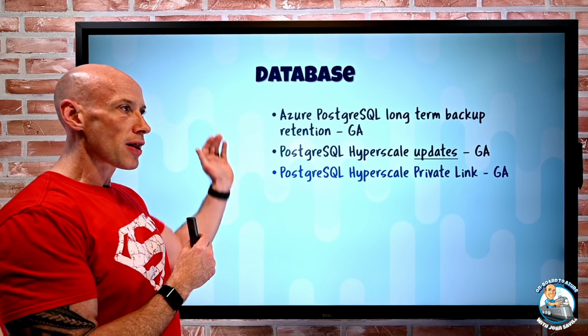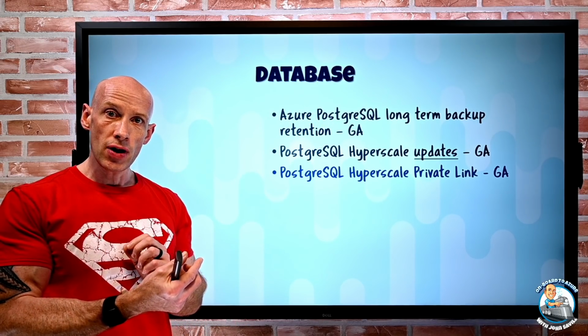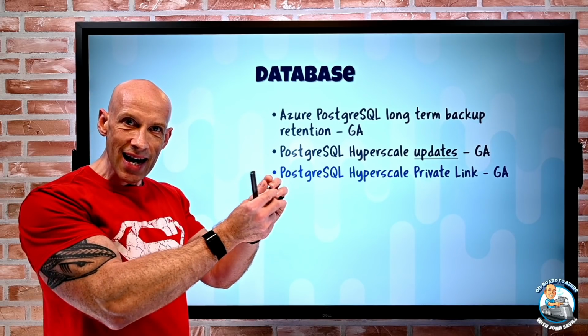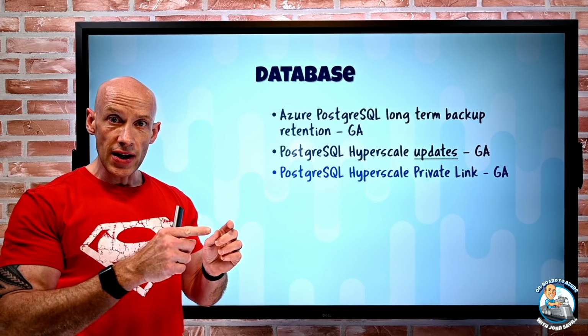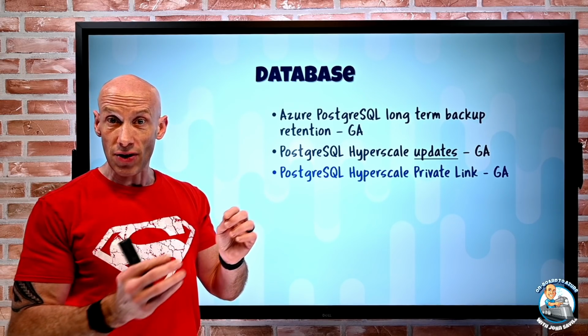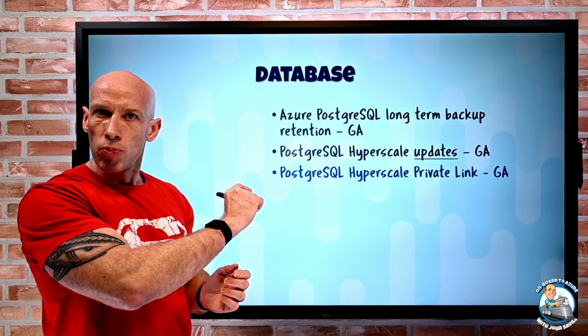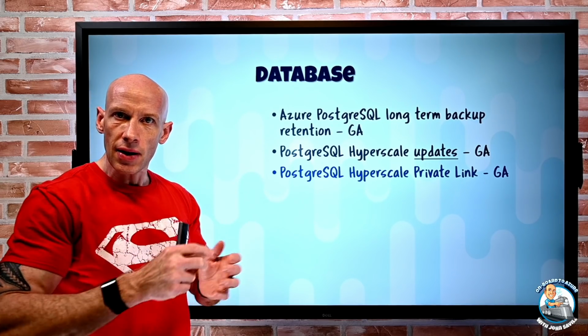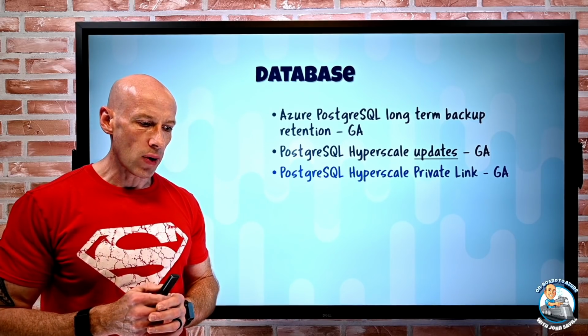So rather than going via the public endpoint to that service, I'm now accessing an IP address from my VNet that represents that specific instance. I can use that IP address within the VNet, any connected VNet, any on-premises network that's connected via site-to-site VPN or ExpressRoute private peering. I do have the special private link alias DNS name that I have to have resolution for, but now I can use that with Hyperscale.